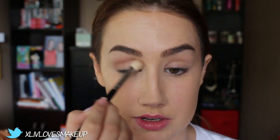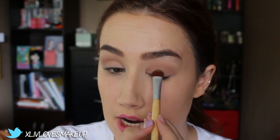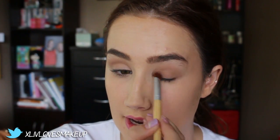I'm also going to pop it onto the lid, but I really want to get the crease set out first. You could just leave it like this and pop a light colour on the lid if you'd rather do that than a smoky eye, but I'm just going to take a shader brush packed with that same colour and pop that onto my eyelid. Just like that. Now I'm just going to take that same blending brush and a little bit of the light brown. You might want to use something smaller than this, but I'm really not too bothered, and I'm just going to blend that